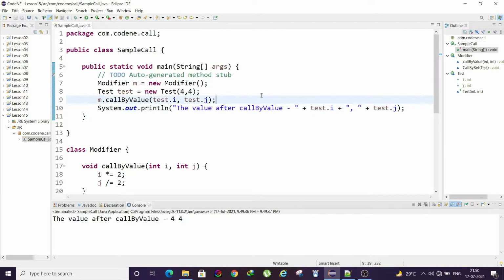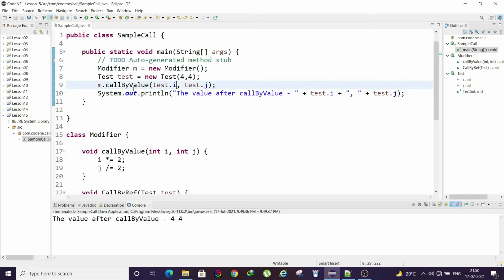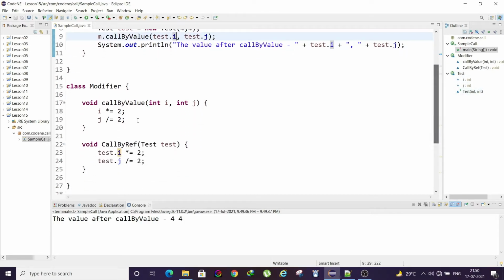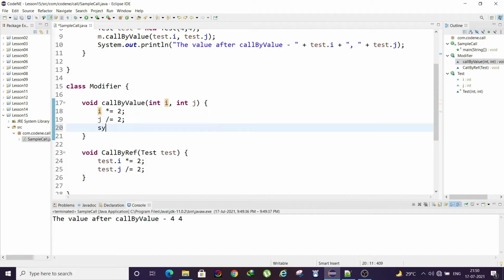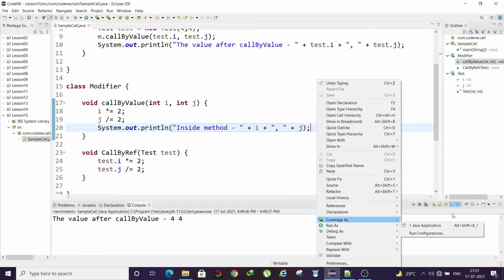So what call by value does is that it will not affect the original value. That means whatever value we are passing in this method will be taken by the value itself. Like we are passing 4, then a local copy of 4 is made. To get a better example, I'll print inside the method i, then comma, then j.